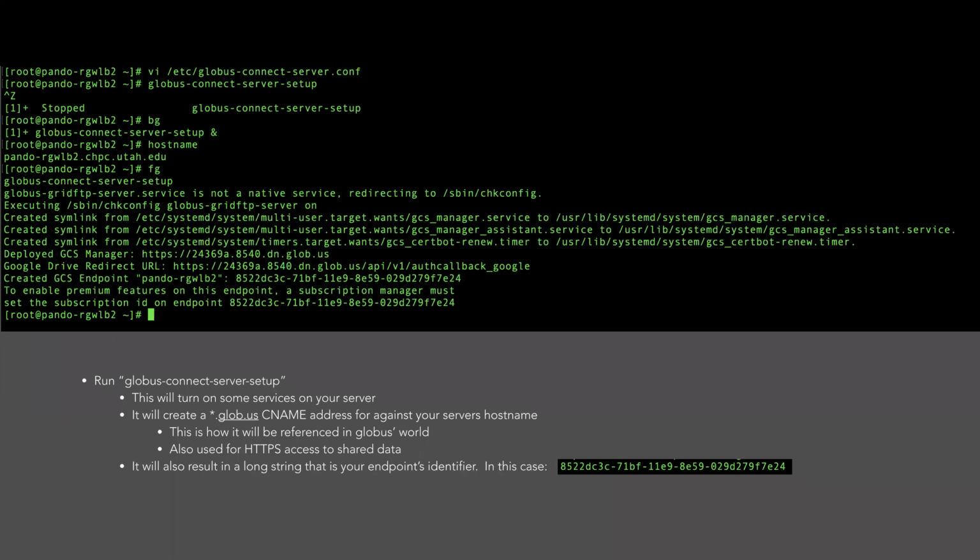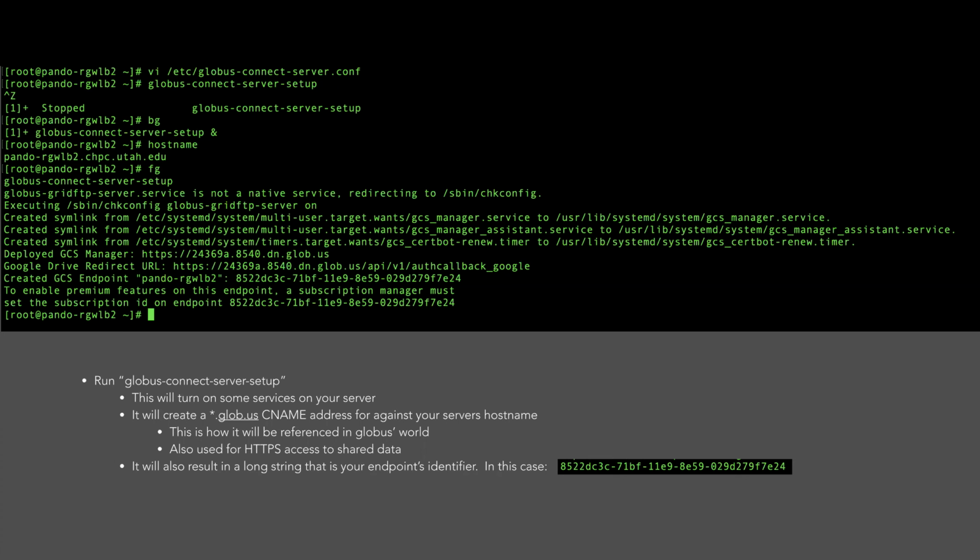Right, so now you're ready to create your endpoint. At this point, you'll run globus-connect-server setup. Sorry for the extra lines on my command line. I don't know what I did, but I should probably clean that up. Oh, I know why. I was checking to make sure my hostname actually resolved to what I thought it did. I had some issues earlier. I have dual-homed stuff, and my hostname was not set correctly, so, well, let me tell you what. So when you run this, it